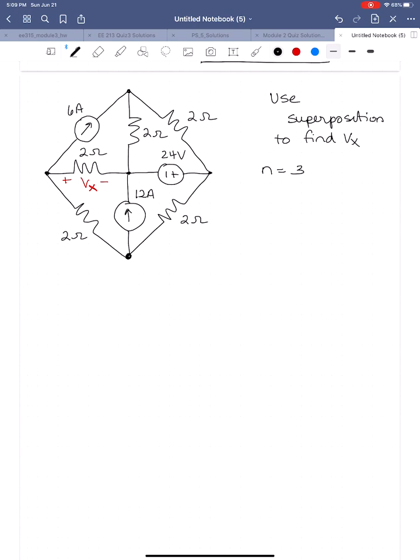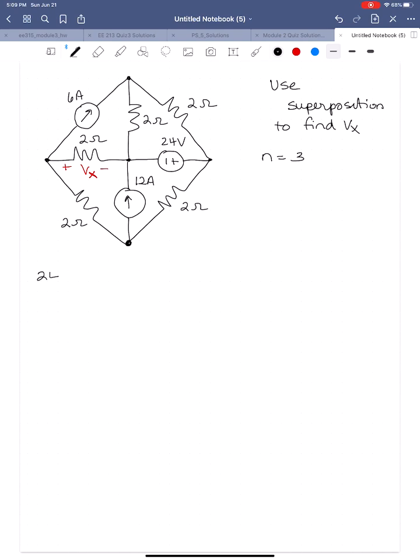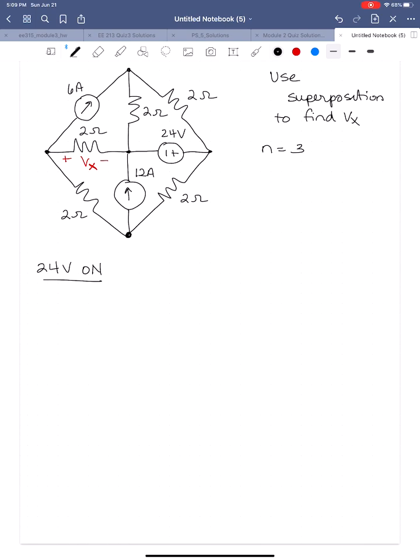So there'll be 3 parts to Vx, 3 subcircuits to solve. Okay, so I'm going to start off with the voltage source on. So we're going to start with 24 volts on. All right, so the 2 current sources are going to be off, which means that they will be open circuits. So I'm going to start with that center 2 ohm resistor